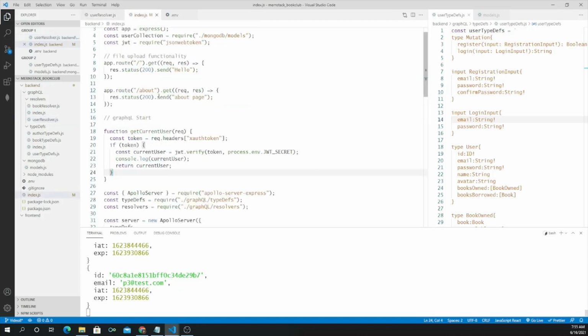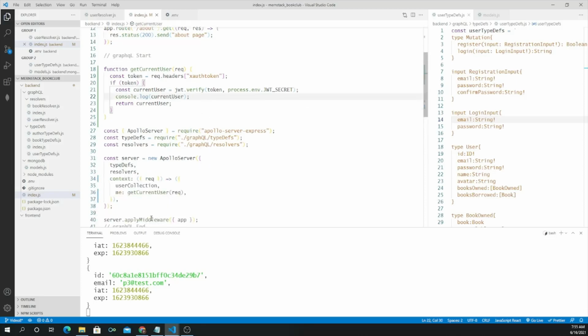So now we have access to this object, which is the current logged in user's ID and email, in the me key of context. So now for all mutations and resolver queries, we have access to the current logged in user as the third positional argument. So there we can do the check if the user is logged in, if it is a valid user,